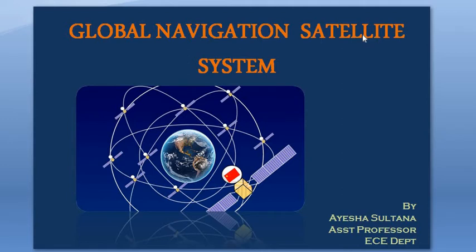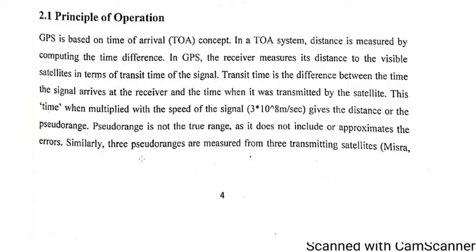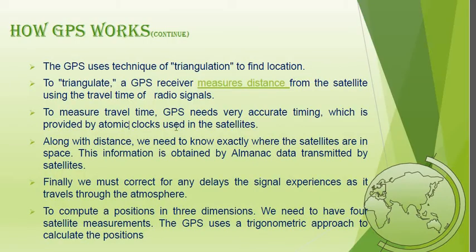I just want to revise once again the principle of operation, like how it is done. As I already told in the last class, GPS works on a technique called the triangulation technique, or trilateration technique. In that we require two data: one is almanac data and another is ephemeris data. In ephemeris data you get to know where your satellite actually is, and almanac data tells you about the data that is being transmitted by your satellite. All this comes under the working of triangulation.